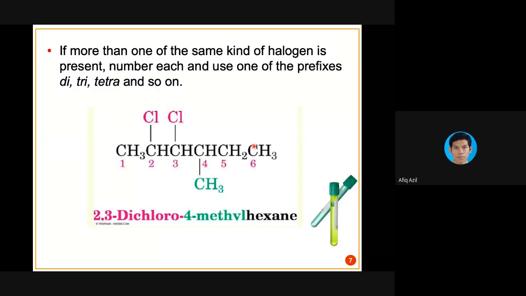Okay, you don't start numbering from here. This will be 6, 5, this will be 1, 2, 3, 4, 5. So it will be 3, 4, 5. So that's a no. Okay, so you always start from this side. So the naming, okay, in terms of the naming,